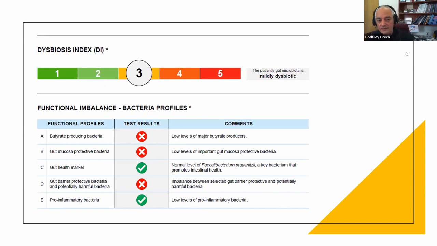And the way that this index is sorted and analyzed is by looking at all these bacteria, but putting them into functional profiles. We would like to see, and we will see these, mention these in some examples soon. Butyrate is a very important health-promoting metabolite, and therefore these producers of butyrate should be present. If they are low, that of course is not correct and needs to be